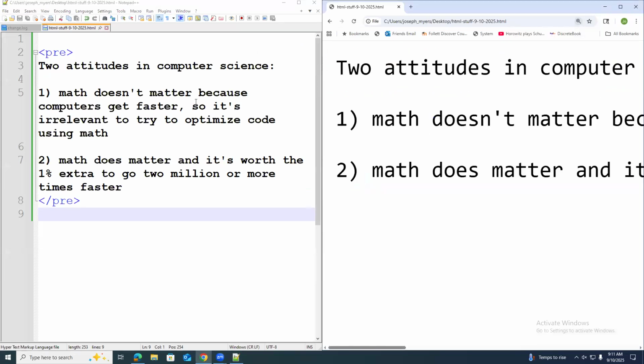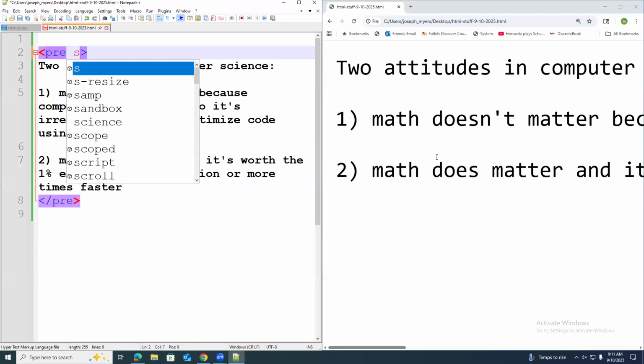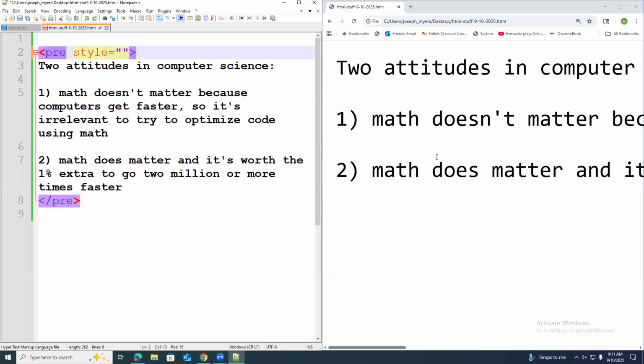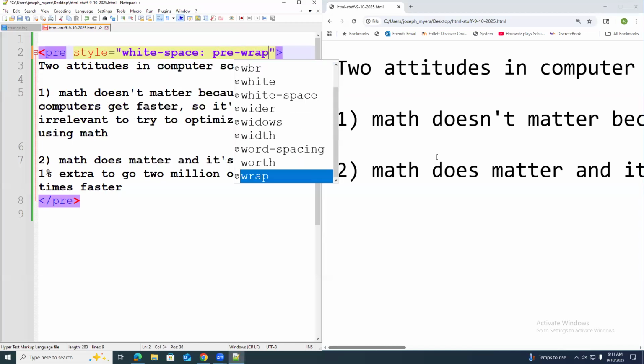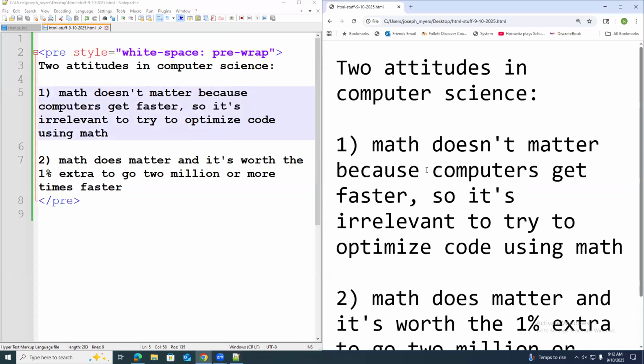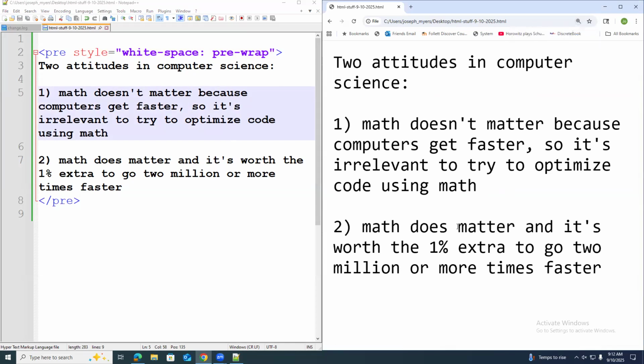Now, by the way, let me teach you a little bit of code that you might not know. If you want to have pre-formatted text in HTML, you can put it in the pre tag, right? But it preserves white space. That's what pre stands for. But you can also change the kind of white space to be pre-wrap. That preserves the white space, but it wraps the text though. So let me reload that. Now, boom, look at that. So it preserves all the white space and the line feeds and everything that I type, but it lets the text wrap to the size of the screen, which most people would want unless they don't want it to wrap at all. So there's that.